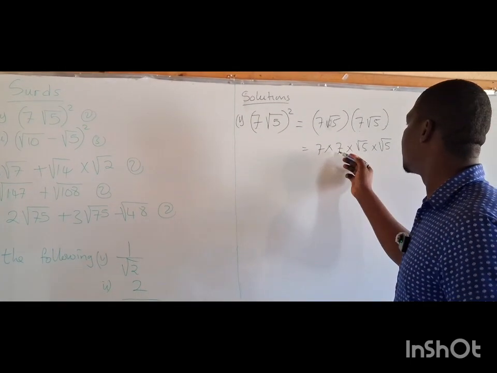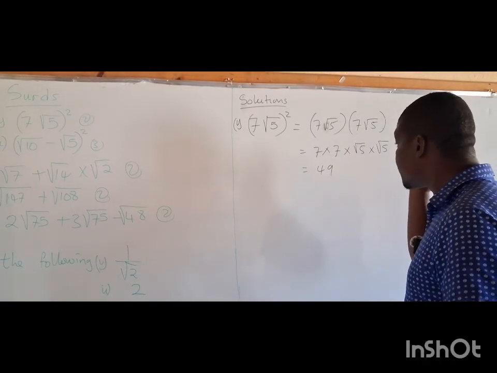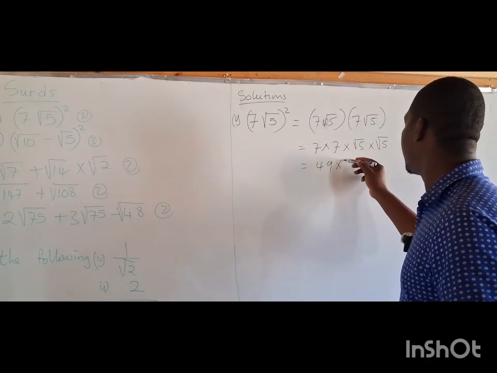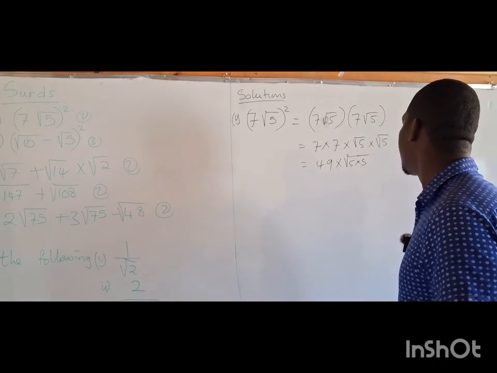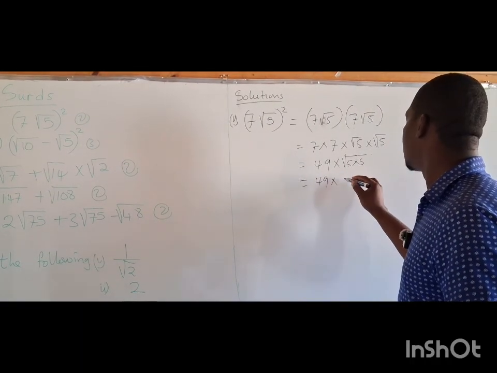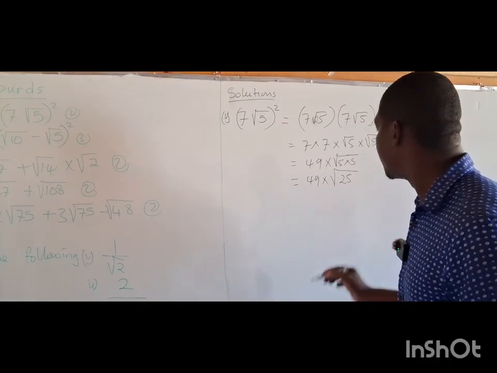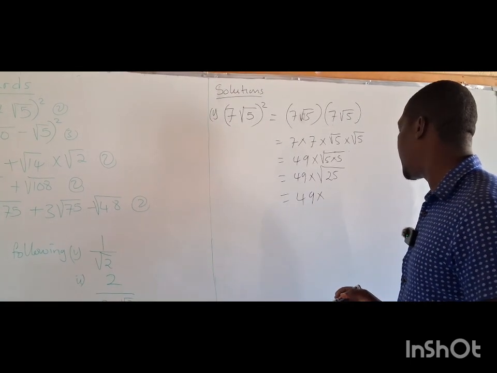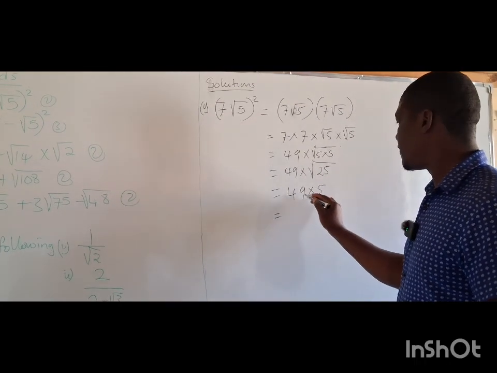You are saying 7 times 7, you are having 49 times root 5 times root 5. You are saying the same as 5 times 5 under the same root. So you are saying 49 times 5 times 5, which we have 25. So we are having 49 times root of 25, it's 5. So we are saying 49 times 5,